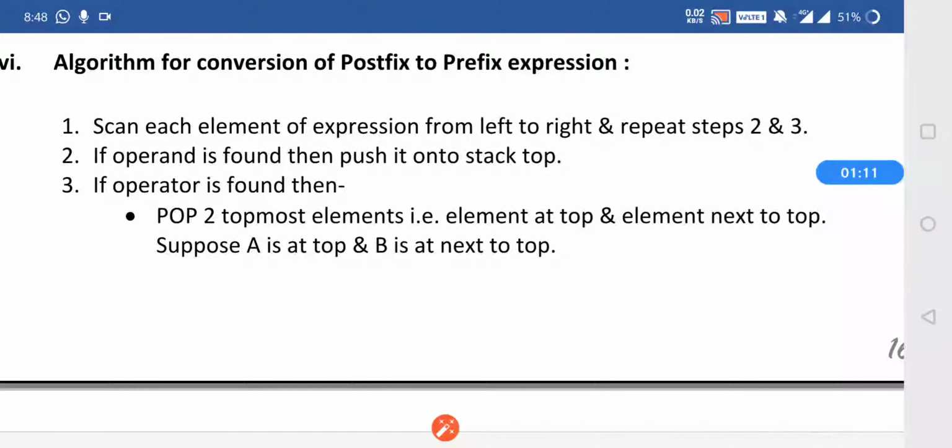When we are scanning the elements from left to right, if any particular operand is found, then we will push that operand on the top of the stack. Means whenever there is any operand in the expression, we will directly push that operand to the stack, and it will be present at the top of the stack.